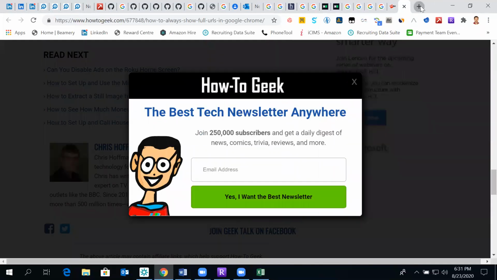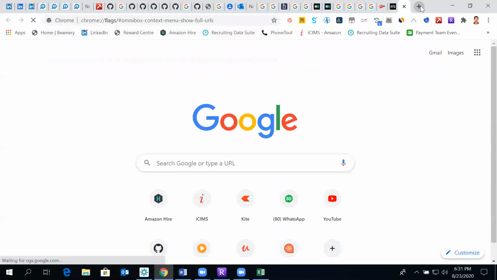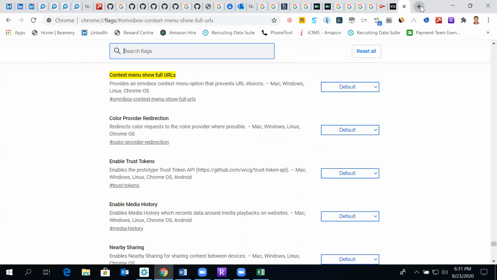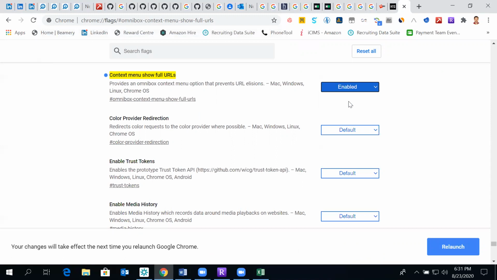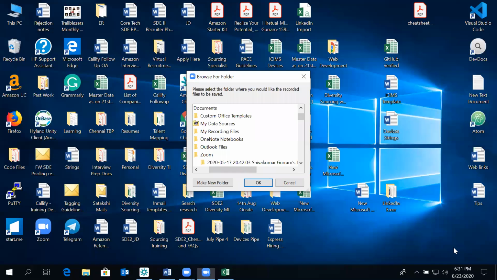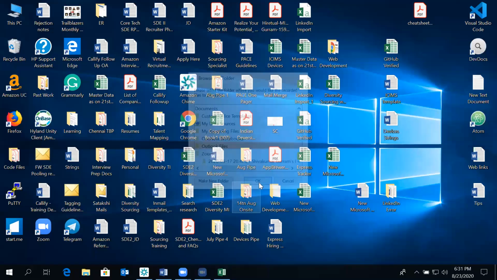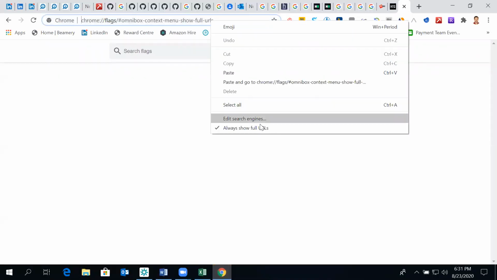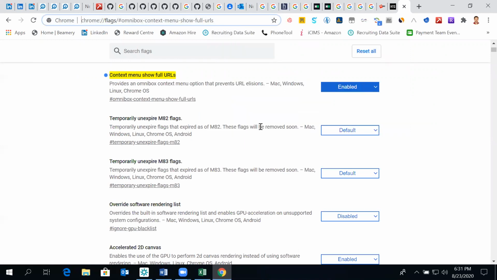Let's see. Default to enable. Relaunch. It will show full URL.